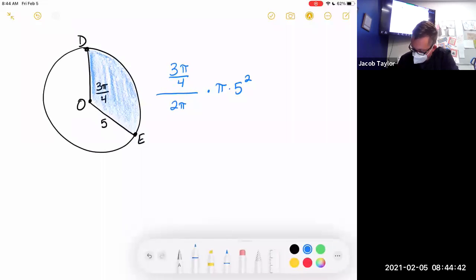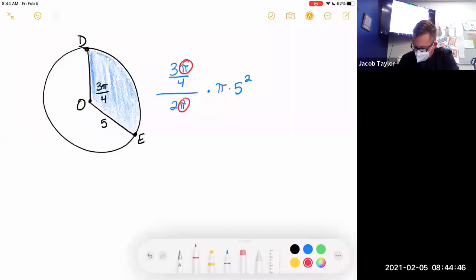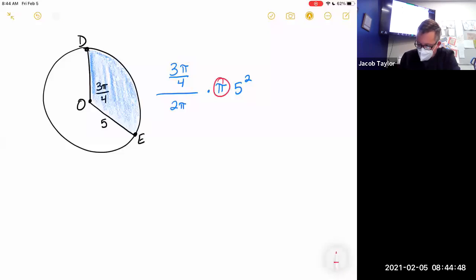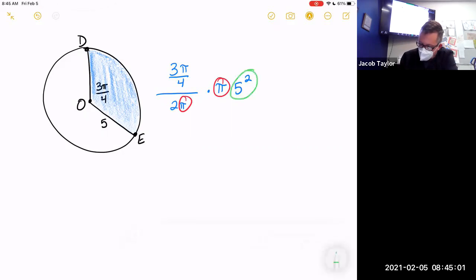You can't have two. So you can cancel this pi and this pi, that's fine. Or you can cancel this pi and this pi. Regardless, the pi on the 2 pi is gone. And then I'm probably not going to be able to do this all at once, but we can go ahead and do this as 25. So then after that, we end up with 3 pi over 4 divided by 2 times